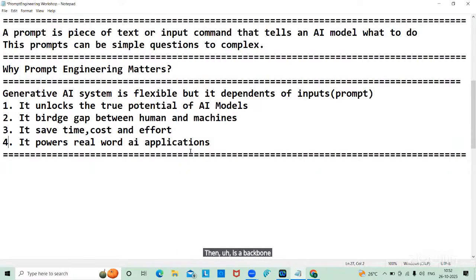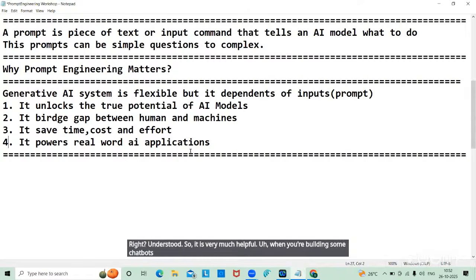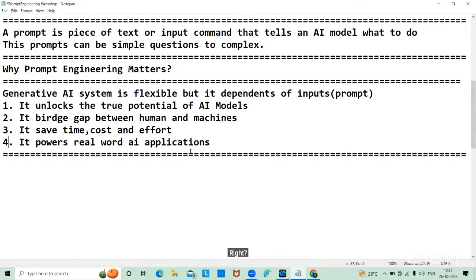Prompt engineering is the backbone, right? Understood? So it is very helpful when you're building chatbots and virtual assistants, right? So it plays a very big, important role, played by the prompt engineer. Not only that, it also creates new